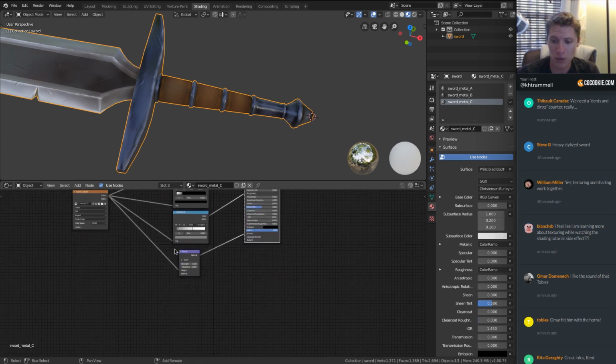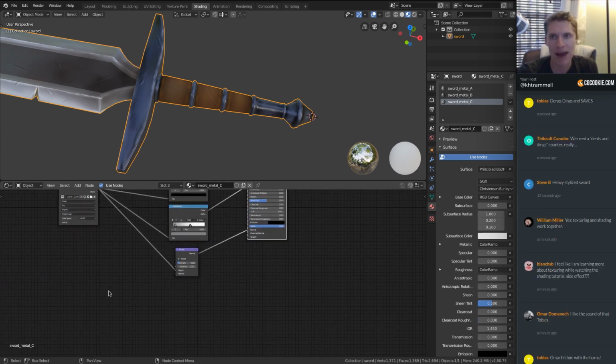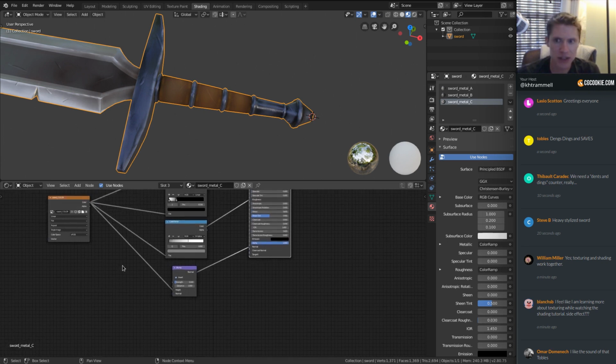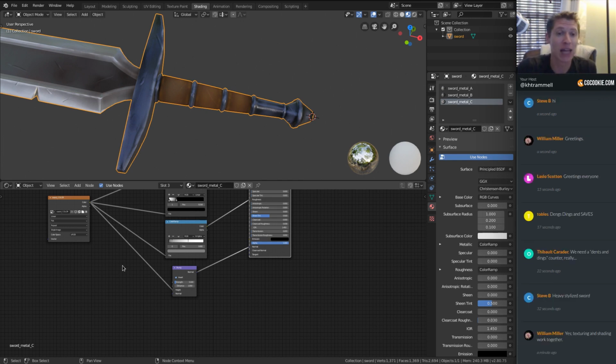So Blender comes with textures that are called procedural textures. They are computer-generated mathematic algorithms and patterns that we can use to shade with, all right? So why I would want that in this particular case is, this is a medieval type sword, so it's probably going to have been made by a blacksmith with a hammer, not by a machined factory, all right? So there's going to be imperfection, and specifically, I want this hammered look. And we can achieve that with a texture,